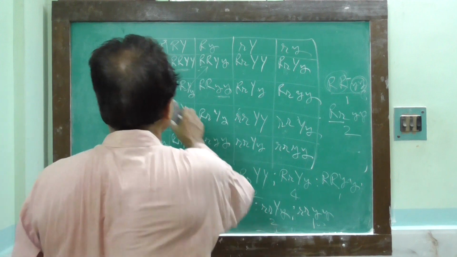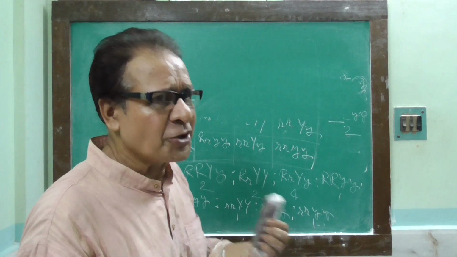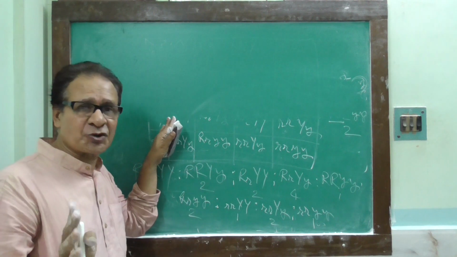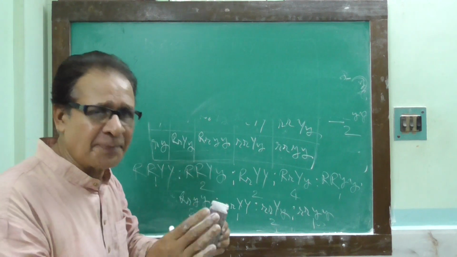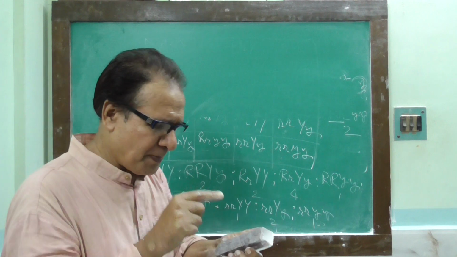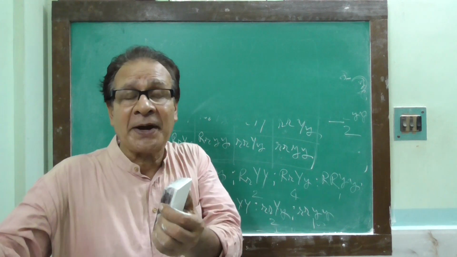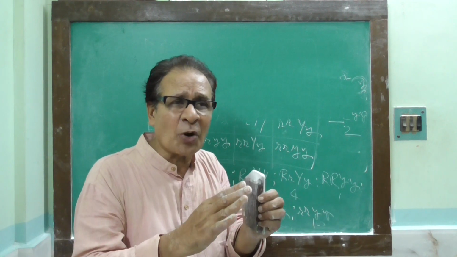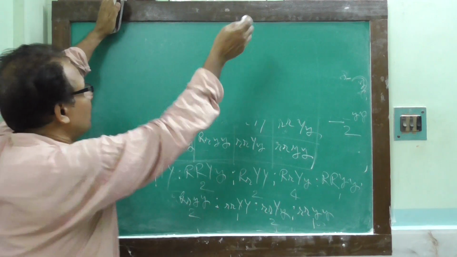From this law, he stated that in hybrid condition or hybridization, when 2 or more pairs of factors, that is genes, assemble in a hybrid, then during gametogenesis, each factor of a pair combines with either factor of another pair independently and in all possible combinations. It is the independent assortment. That is,